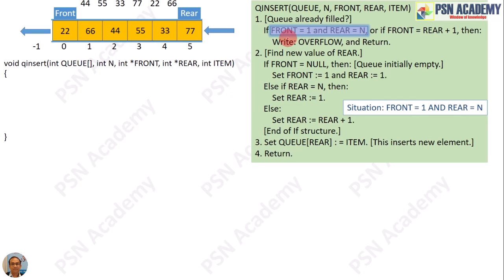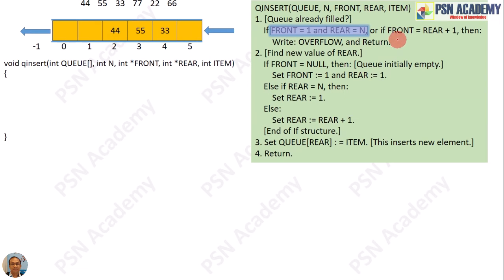So whenever the algo says front is 1, we say front is 0. And whenever the algo says rear is n, we say rear is n-1, right? So from the figure you can see that front is standing at the first index, that is the 0th cell, and rear is standing at the last index, that is the 5th cell. So it is clear that the queue is full.